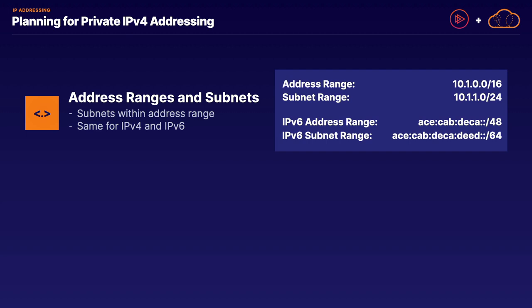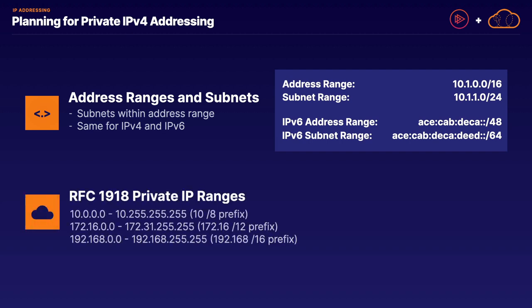Now, we're not going to focus too much on the specifics of IP version 6 addressing. Just know that the /64 range fits inside of the /48 range to be a valid subnet range inside of that address. Next, you need to be very familiar with what I would consider to be a networking 101 topic